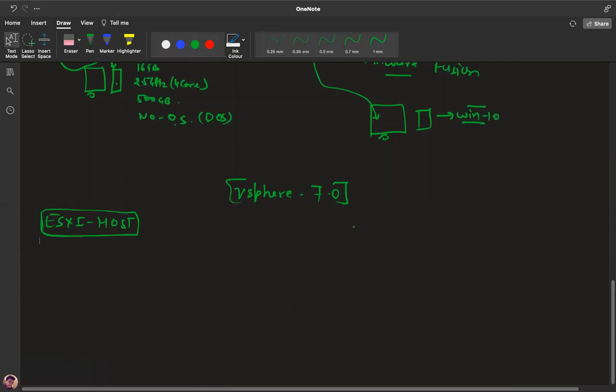I hope you know about the number of ESXi versions which are available in the environment. May I know how many ESXi versions are available? No, actually, I don't know. No problem. Let me define the types of ESXi versions available in our environment.